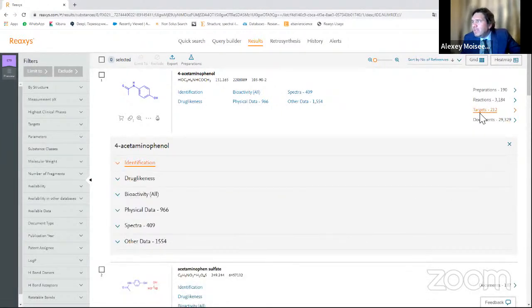Also, you will find here all the reactions and reactivity of this substance, and also a lot, 190 ways of preparation of this material.